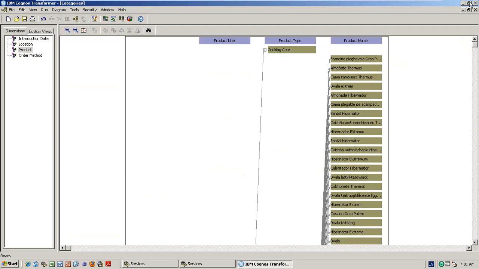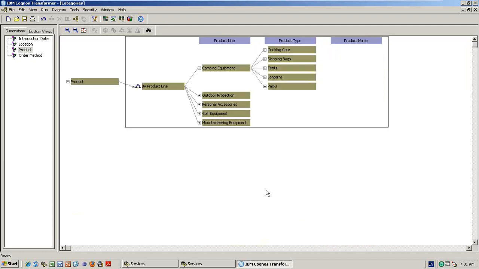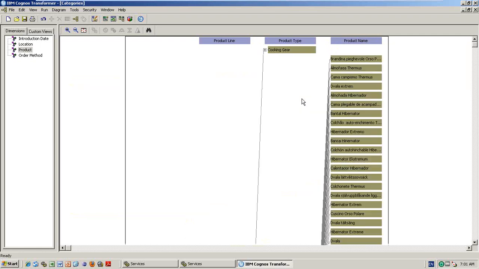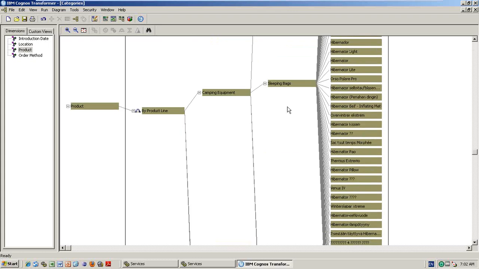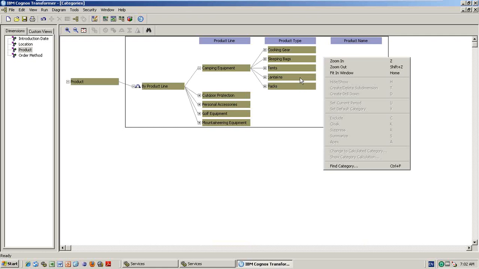So this will be hidden actually. In the original places, sleeping bags will be hidden because I don't want this. You just hide and show. So whenever you are seeing the cube, that particular thing will be hidden for you. It will not appear.